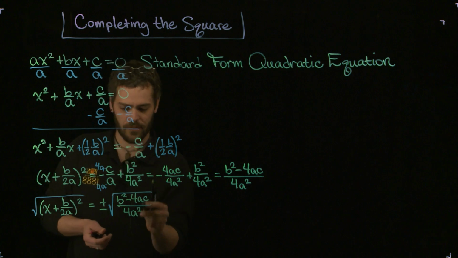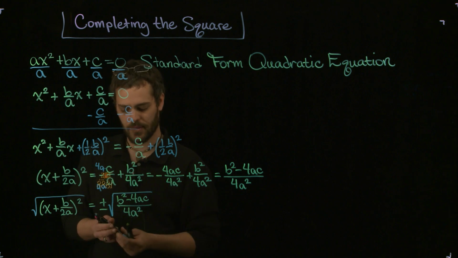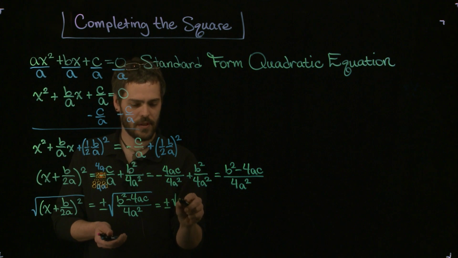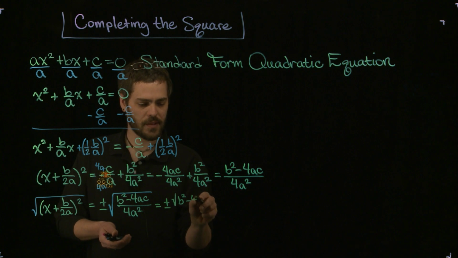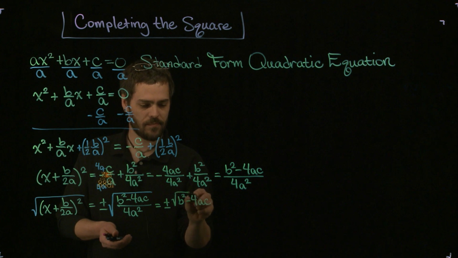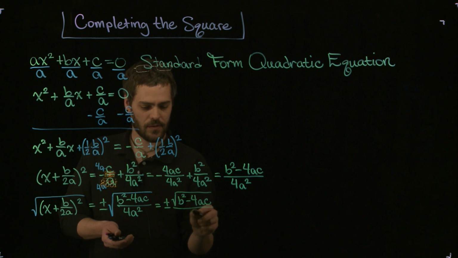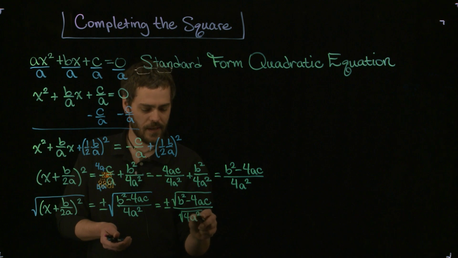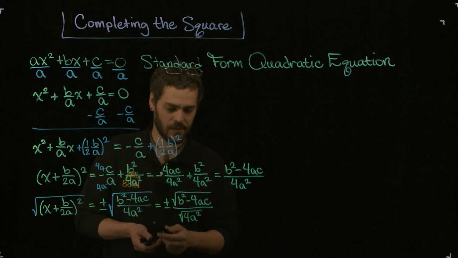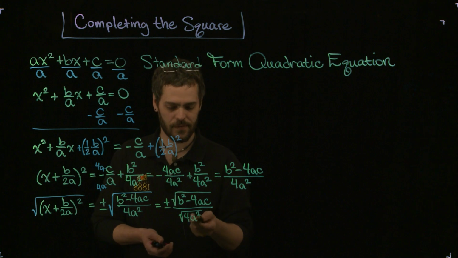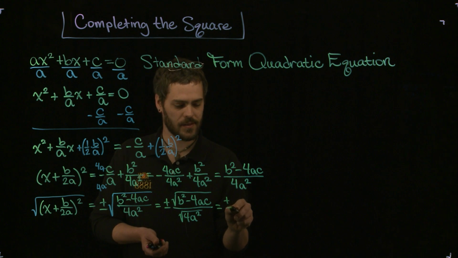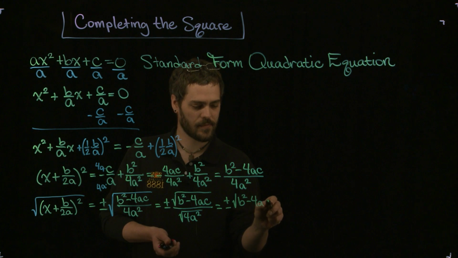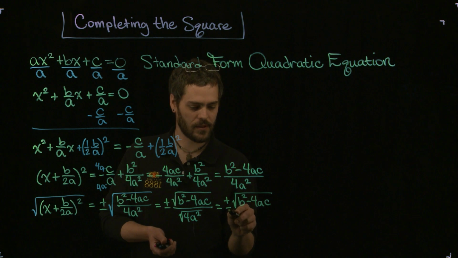And remember, when you have the root of a fraction, you can call that the root of the top over the root of the bottom. So this comes out as plus and minus root b squared minus 4ac on the top, all over the root 4a squared. And this actually comes out to a perfect value, in fact 2a, because 2a times 2a is 4a squared. So let me just write that. This is plus and minus then the root of b squared minus 4ac all over